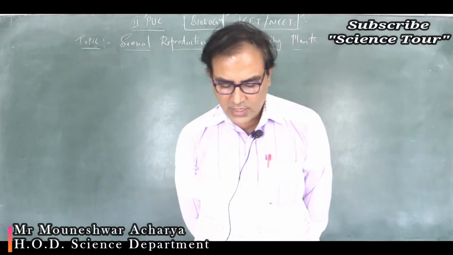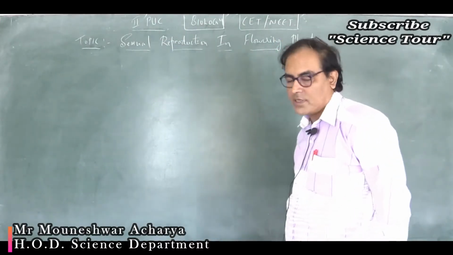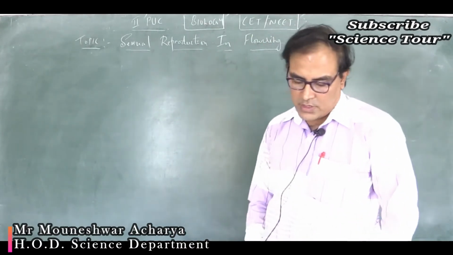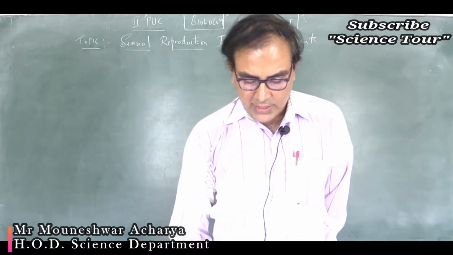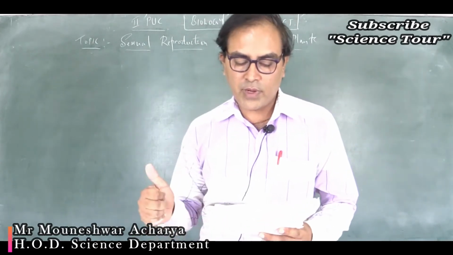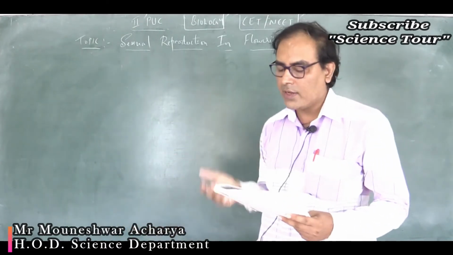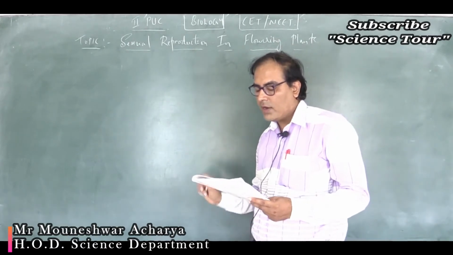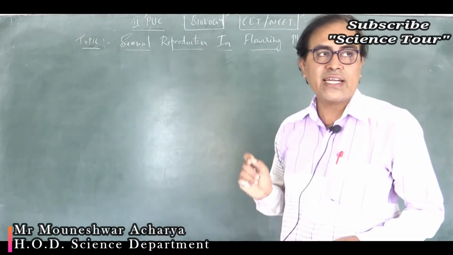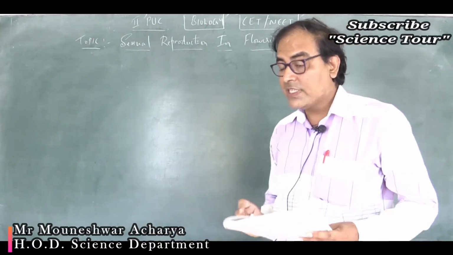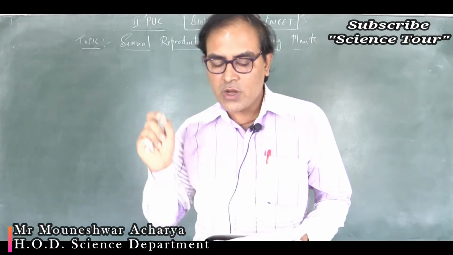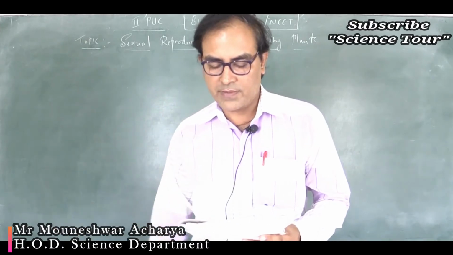Students, let's move to the next question. Question number 49 under sexual reproduction in flowering plants. Let me read the question. Cotyledon of maize grain is called: 1 plumule, 2 coleorhiza, 3 coleoptile, 4 scutellum. Cotyledon of maize grain. Maize is a monocot. So these monocots have a characteristic cotyledon which is shield shaped and it is called scutellum. So that is the right option, option 4, scutellum.